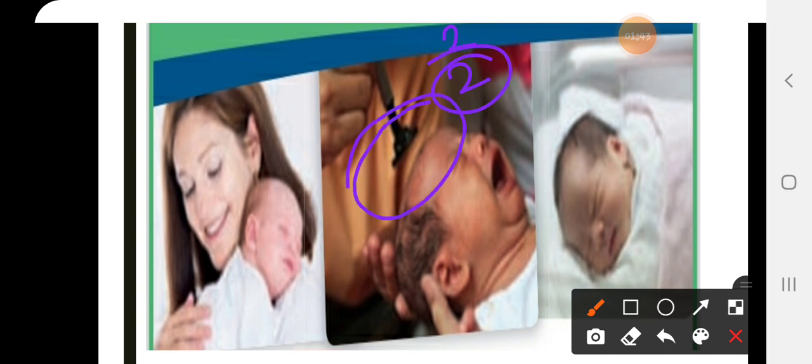What are they doing to the baby? They are what? They are shaving. What is the meaning of shaving? يحلق. تمام? They are shaving the head or the hair of the newborn baby. بيحلقوا اللي هي شعر البيبي. Okay, now we are going to talk about this thing here. In which countries do they do that? And why?